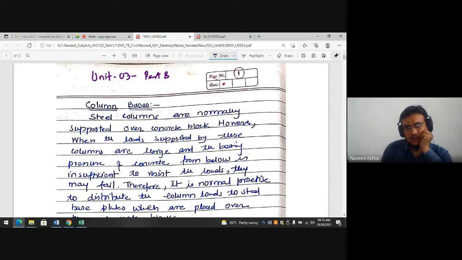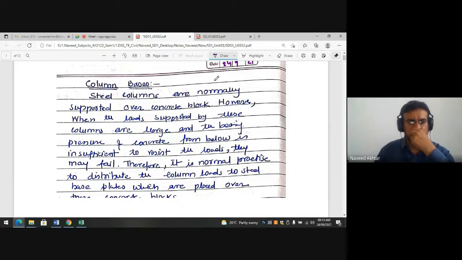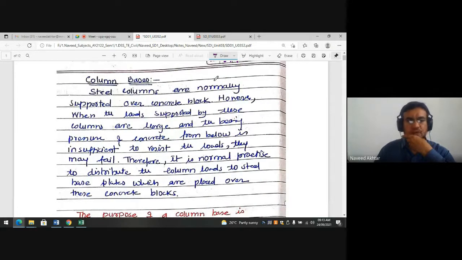And today is 24/9/21. The column bases. Steel columns are normally supported over a concrete block because the cross-section dimension of steel is